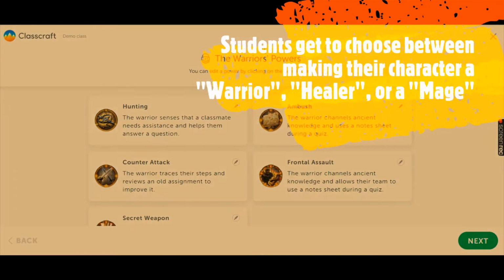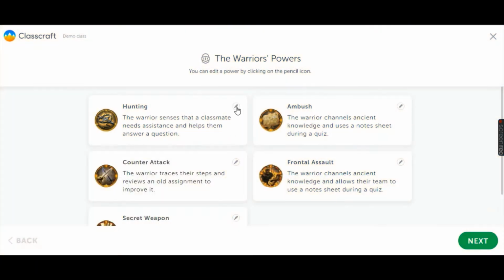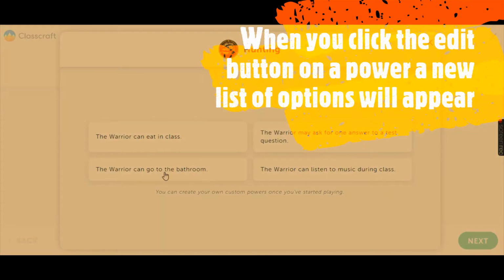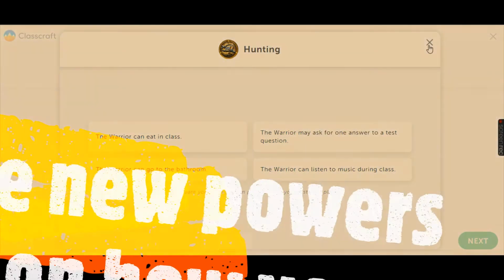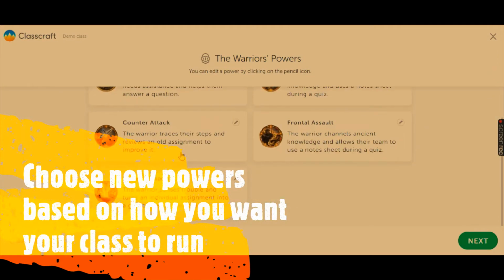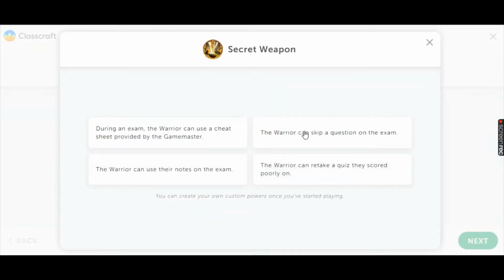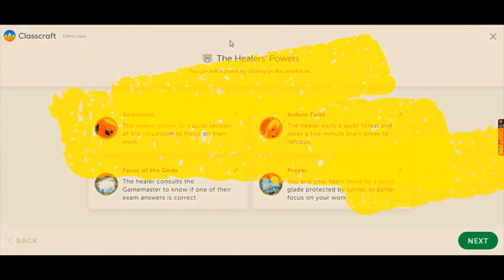Now there are 3 different classes of character that your students get to choose from, and each class has its own set of special privileges they get if they have scored a high enough set of points in the game. Now there's an edit button for these. You can't specifically tailor your powers here, but later on in the game you can. They have a different level of things that you can choose from, so if you're not 100% up with the ones that they prefab for you right off the bat, you can click the little pencil and choose one of the other 4 options. Then you have the healer's powers,